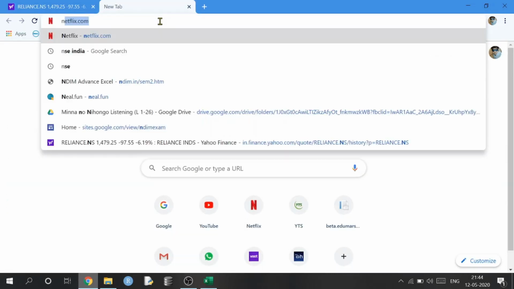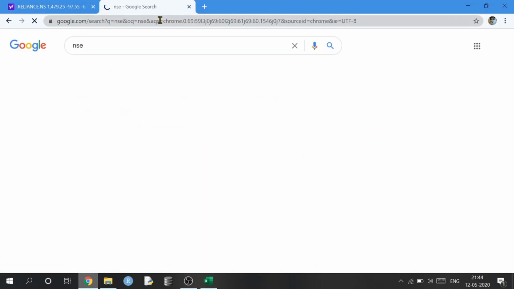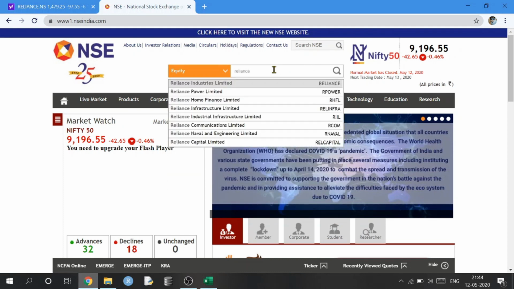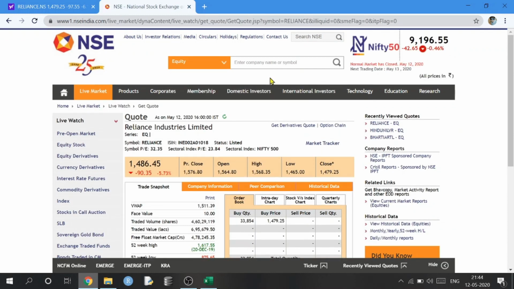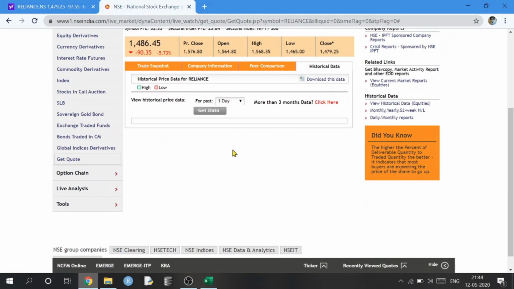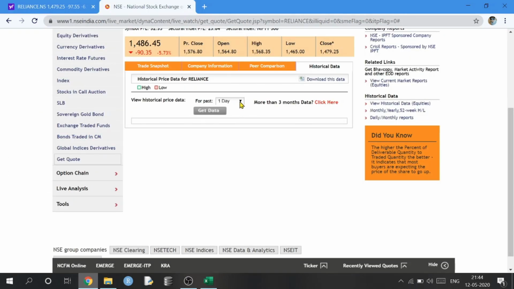You can also download the share prices from the NSE website. Let's open this. Let's type in our company name. You have historical data here. Now why I recommend Yahoo Finance is because the maximum time period here you can see is only 3 months, and even if you want more than 3 months you can go here, but